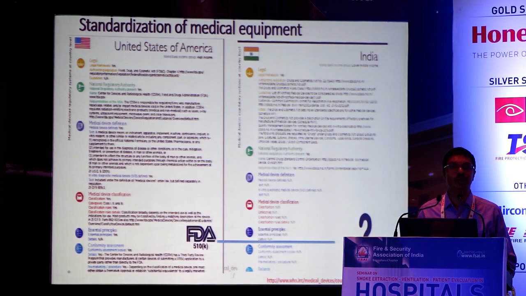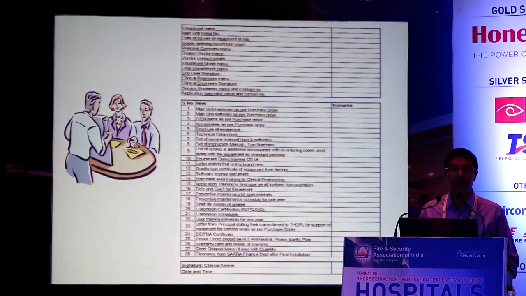So what needs to be done? As you may know through the media, currently around 23 medical devices are approved. Only last week, 4 commonly used medical devices, like the glucometer, thermometer and BP apparatus, have been approved by the government, so that for any new products which are going to come, there is going to be some screening so that the standard can be maintained. But till then, what needs to be done?